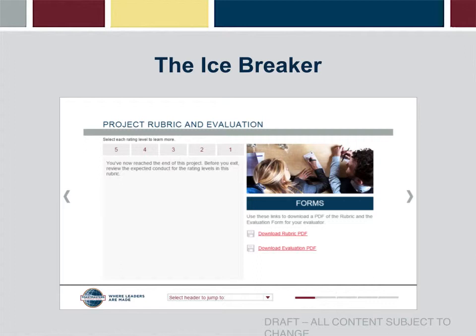Once you've viewed all the content and completed your speech, you'll return to the progress tool. Finally, each project ends with a survey and evaluation. This is only a few of the slides that will form the icebreaker. So don't worry if it looks as if there's important information that's been left out. It probably has been.